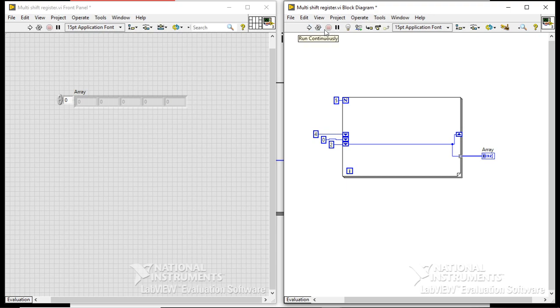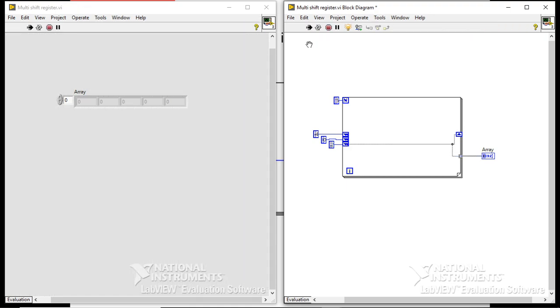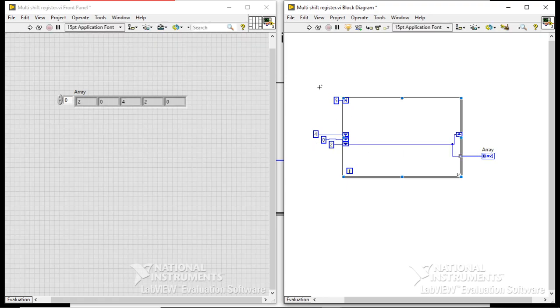This is happening, and by doing highlight execution you can understand the execution. 2 is passing, 0 is passing, 4 is passing, and again 2 is passing, and totally the loop is executed 5 times: 2, 0, 4. After that, the shift out is passing the value to the shift in at the top. They are coming down, they are also performing the operation, and they are providing the result.